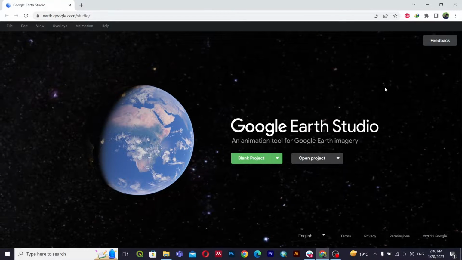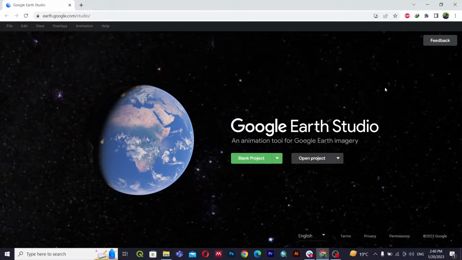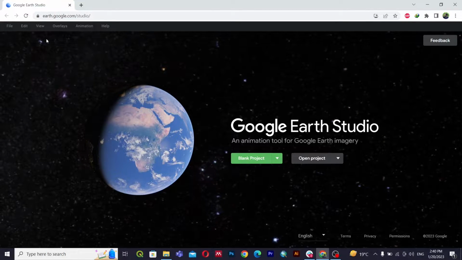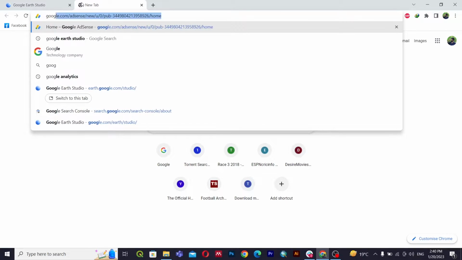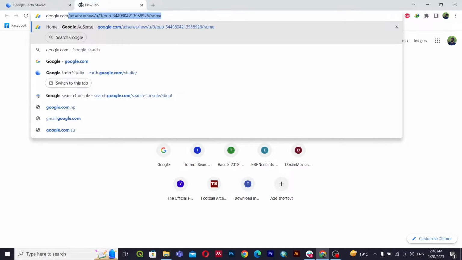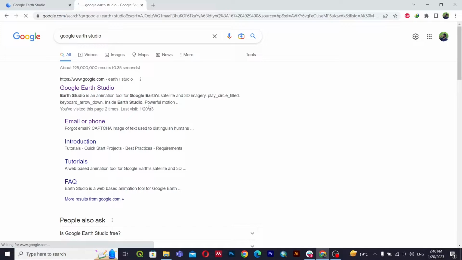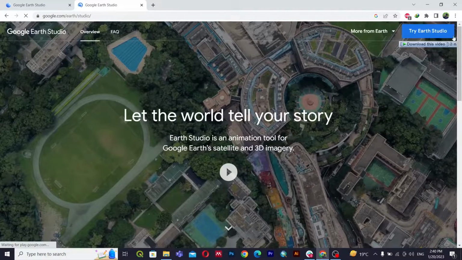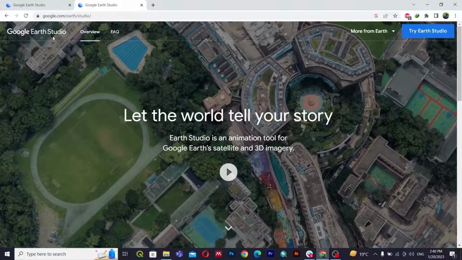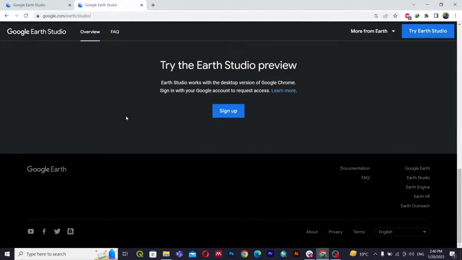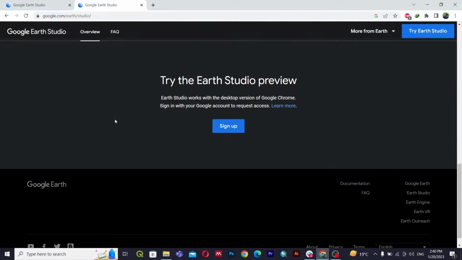Okay, so let's get started. It is pretty simple to get started. Just go to google.com and search for Google Earth Studio. At the beginning of the page, you can see the first website, Google Earth Studio, and this is the introduction page of Google Earth Studio. You can see everything, and if you haven't already started your